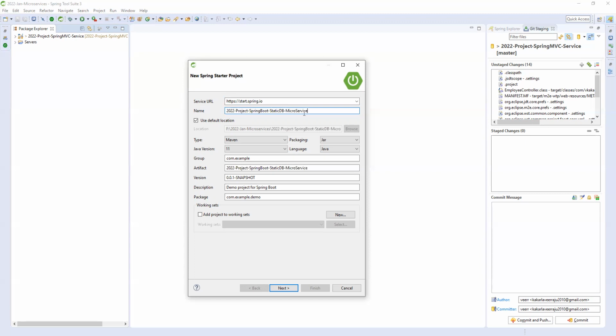I gave a project name, that is fine. Here you can select Java 11, but in my system I installed Java 8 only, so that is the reason I selected Java 8. I already told you, for the first two classes I will go manually, writing one by one. Once you have entered into Spring Boot, from the third level onwards, I can directly open the project and explain.